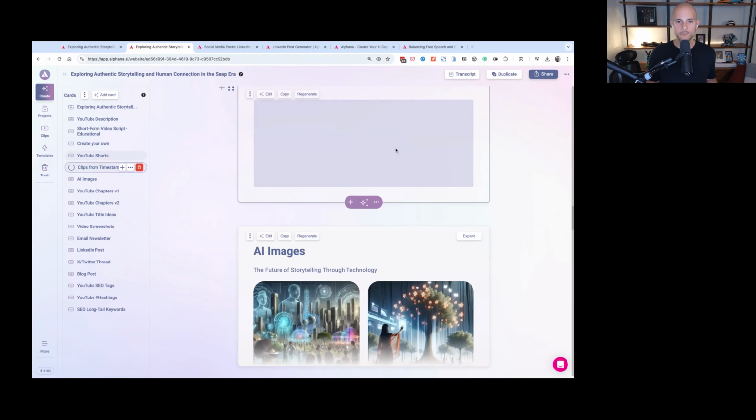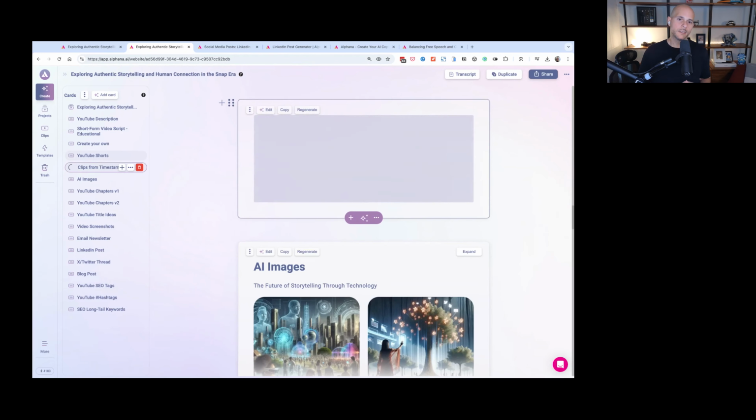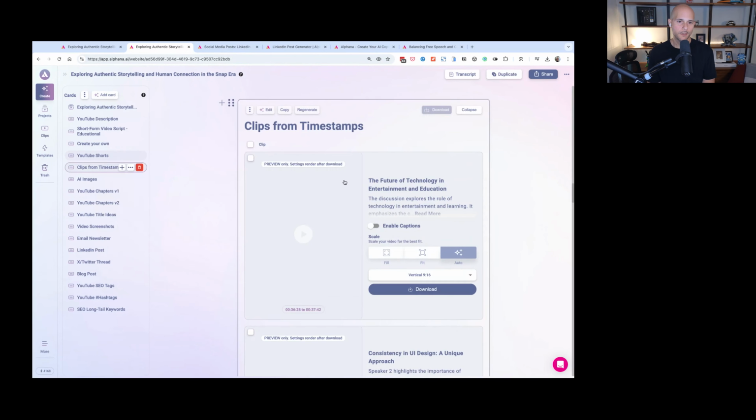It'll search through the video, the transcript, it'll analyze it, and from there it's going to find you the best videos that it could find based on what it is that you're asking inside of that prompt box. So hopefully that helps answer your question, and hopefully it helps everyone to understand, like, our AI will automatically find clips for you, or you can give it the instructions you want of the types of clips that you're looking for.